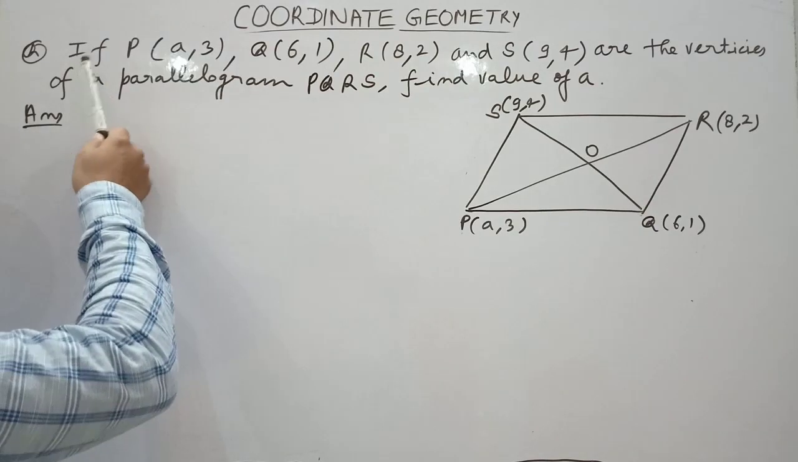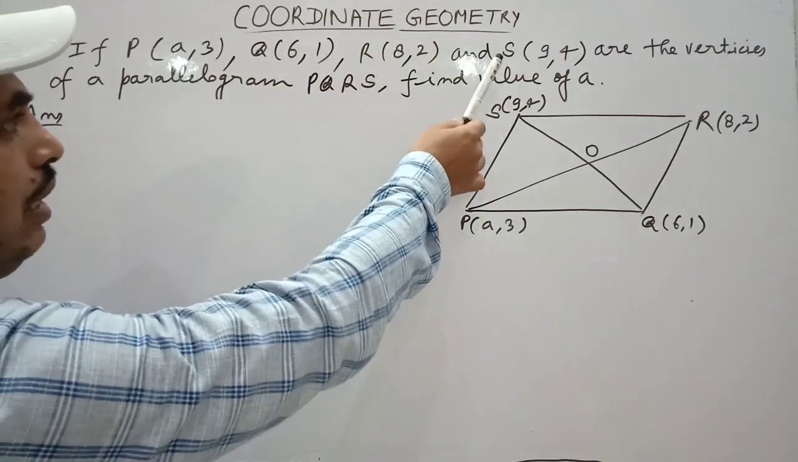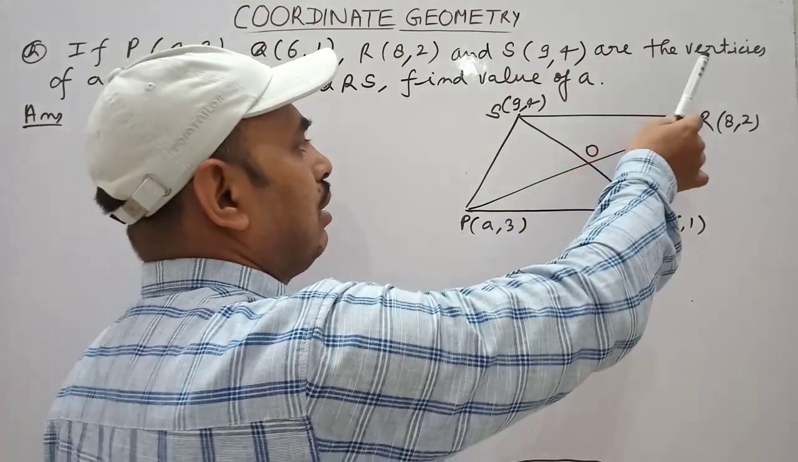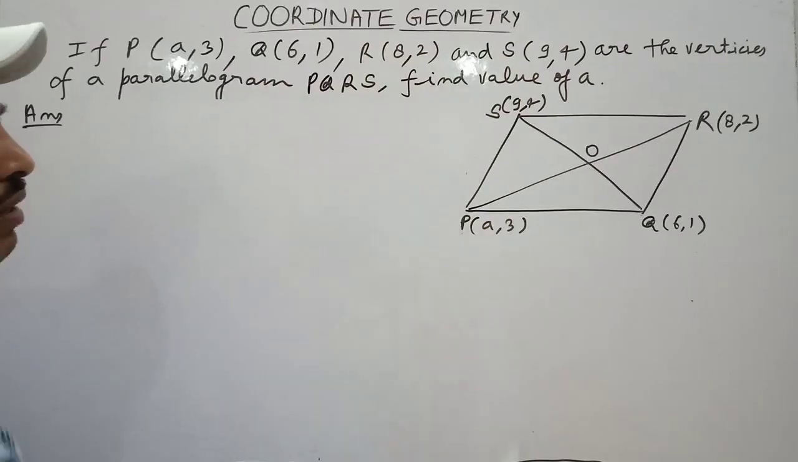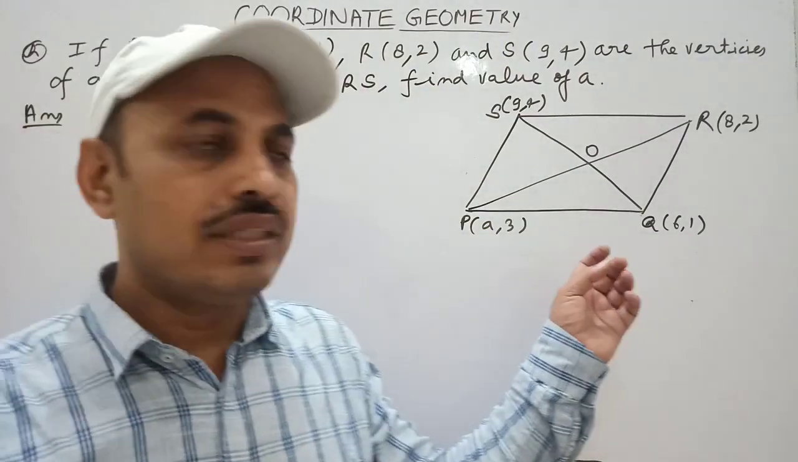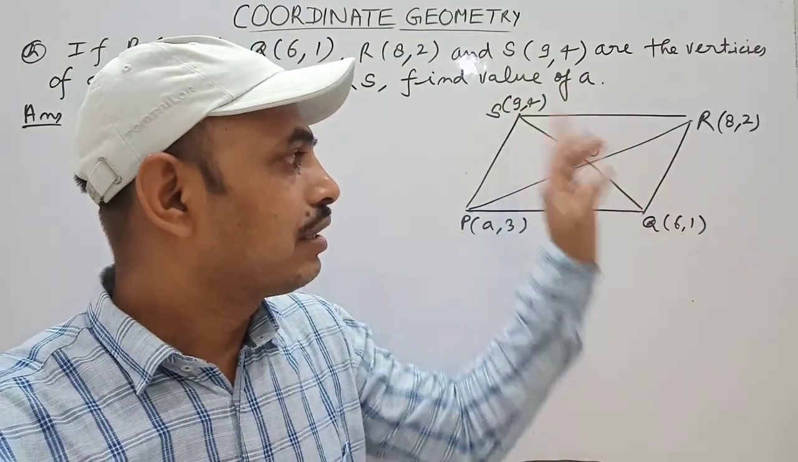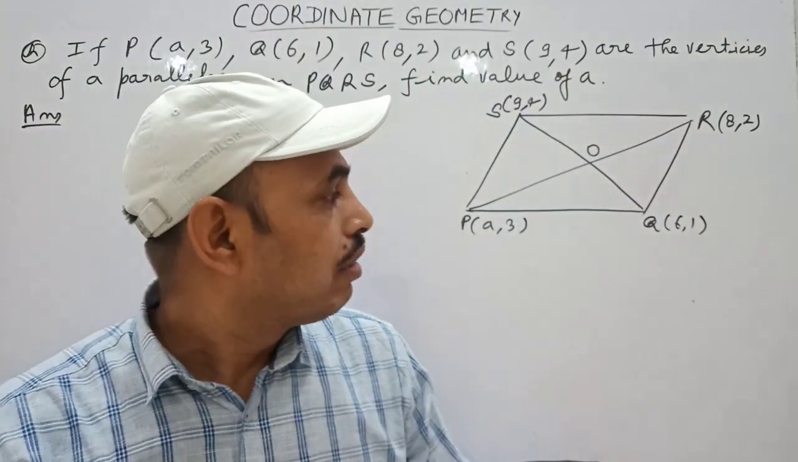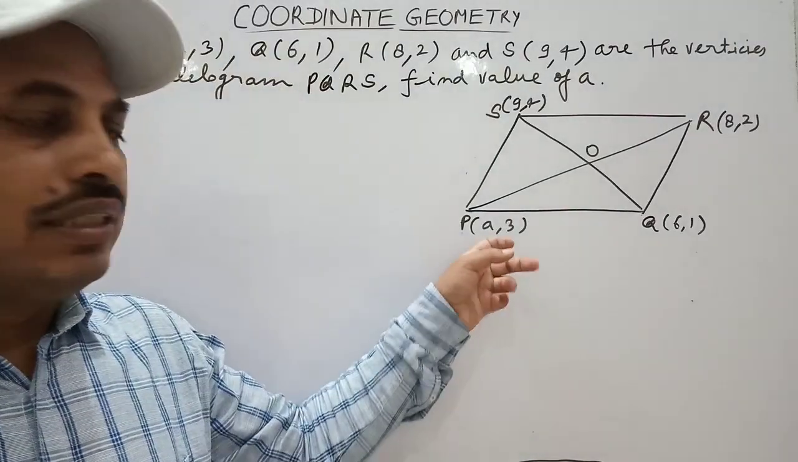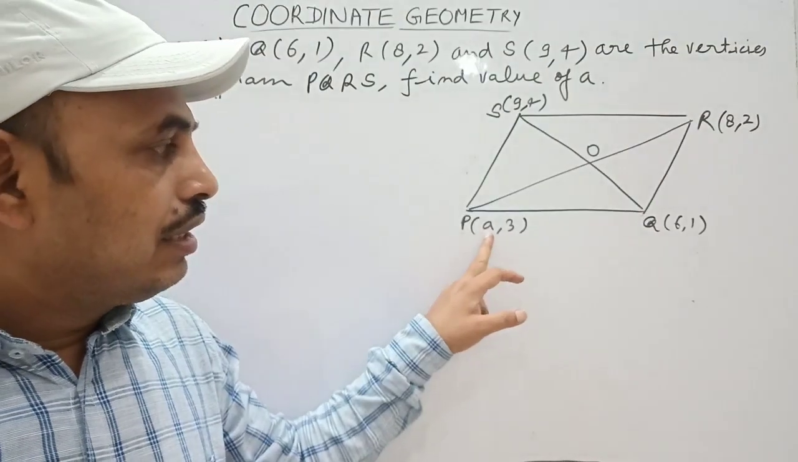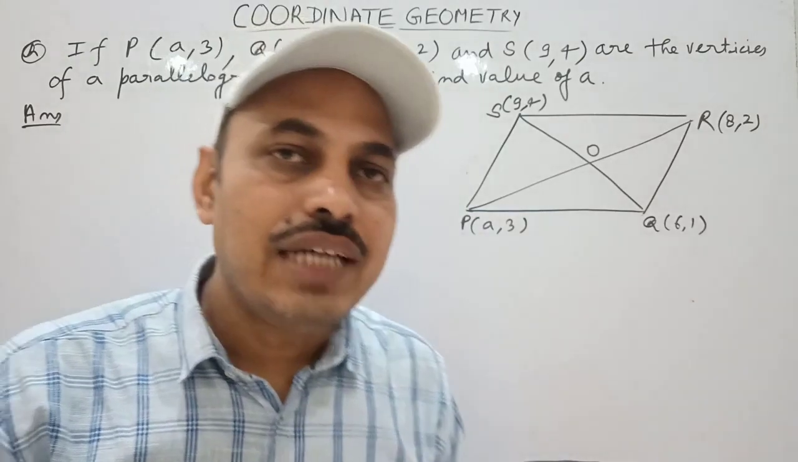Question is, if P, Q, R and S are the vertices of a parallelogram PQRS, find the value of a. इस क्वेश्चन में हमारे पास P, Q, R, S के कोऑर्डिनेट्स गिवन हैं और हमें क्या करना है, ये जो पॉइंट P है इसके कोऑर्डिनेट है a, 3। हमें फाइंड करनी है इस a की वैल्यू।